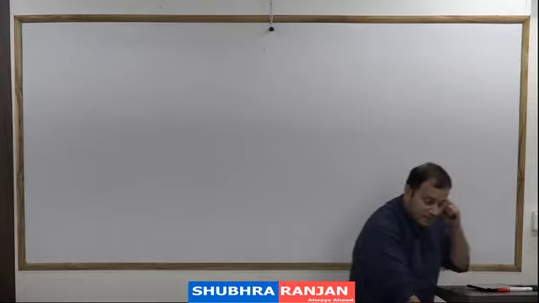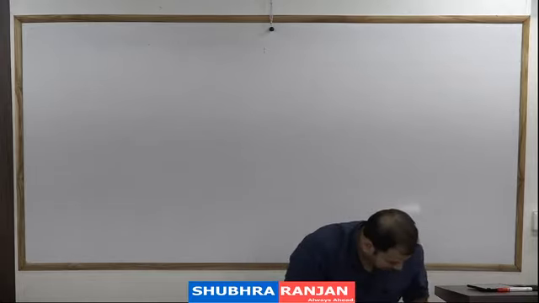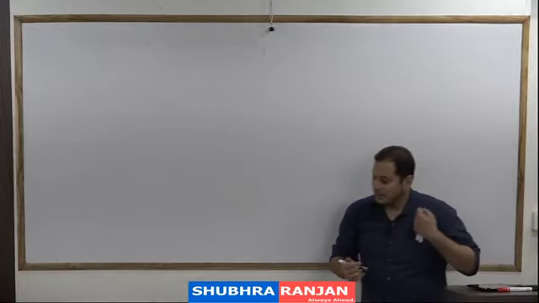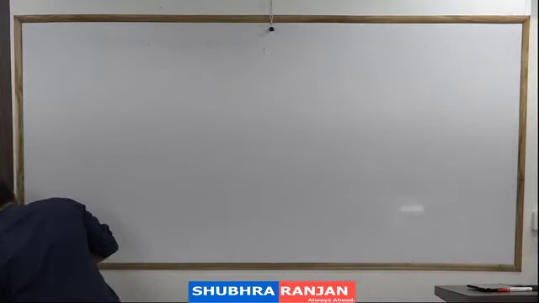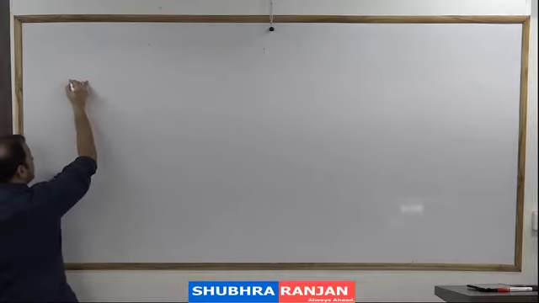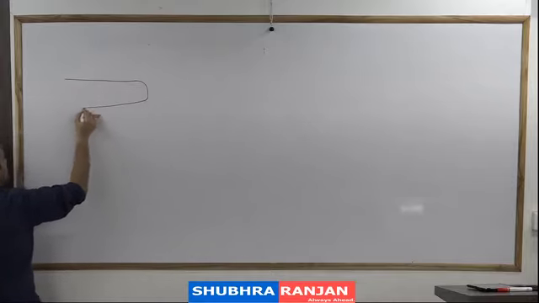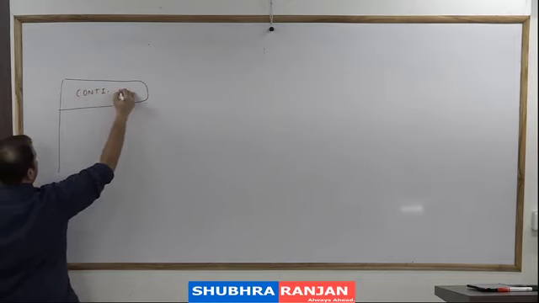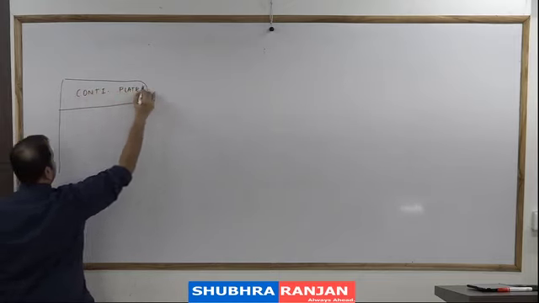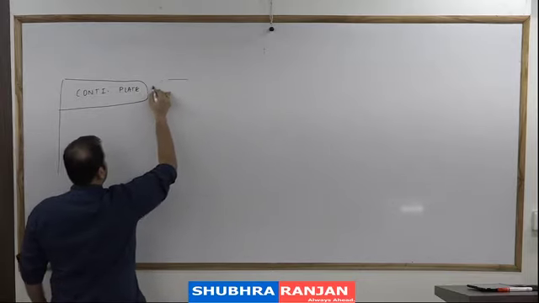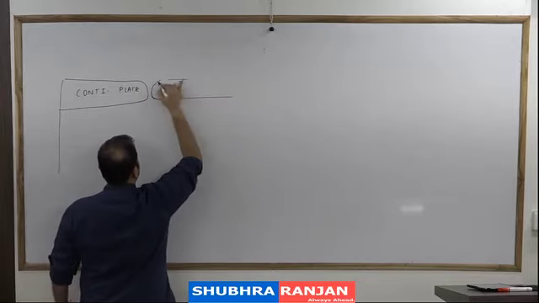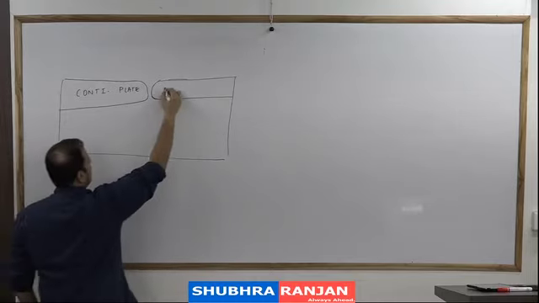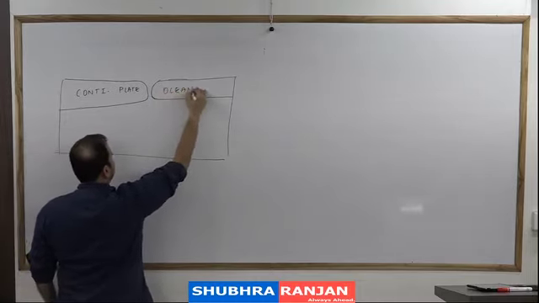Don't write anything, understand what is happening. One plate is an example of an oceanic plate or continental plate. We will take this as an example of a continental plate. The other plate is an example of an oceanic plate. You do not have to make this diagram. This is just for your understanding.